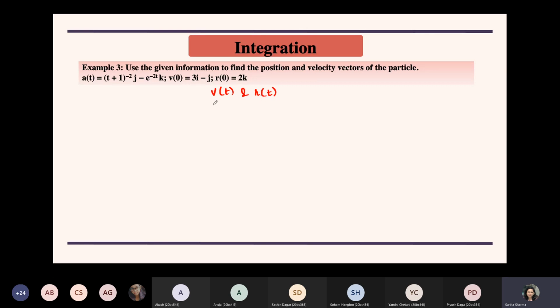So how do we find the velocity vector from acceleration? We'll integrate it. Integrate it twice to get the position vector. So basically dr by dt is the velocity vector, and the derivative of the velocity vector is the acceleration vector. So from a to r, if we have to move, then we have to integrate it twice. Okay, so the first integral, so just do it, then I'll ask, plus some constant which you'll be getting.